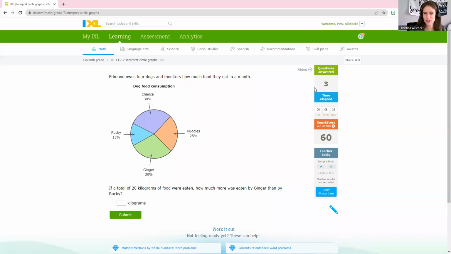All right, let's do a slightly different type of question. I like this one here. Edmund owns 4 dogs and monitors how much food they eat in a month. And we're back to showing our data by percentages. If a total of 20 kilograms of food were eaten, how much more was eaten by Ginger than by Rocky? So that means the 2 pieces that we're concerned about is Ginger